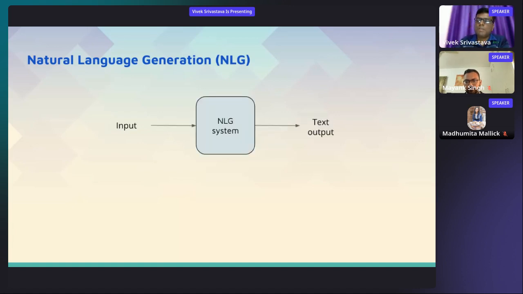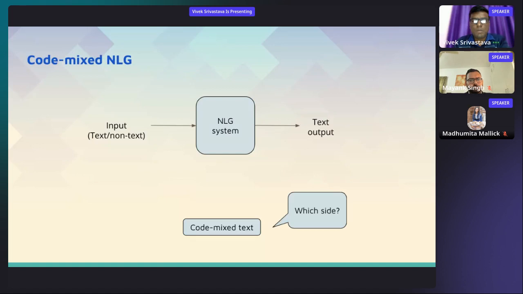What happens in a typical NLG system is you give an input, and the text as an output is expected out of the system. The input can be anything. It can be a text or a non-textual document as well, and the text as an output remains the same. But for us it is code mix NLG, right? So we are talking about that, and which side of this setup the code mix text will come. There is no fixed rule. We can have a code mix text as an input, we can have a code mix text as an output, and